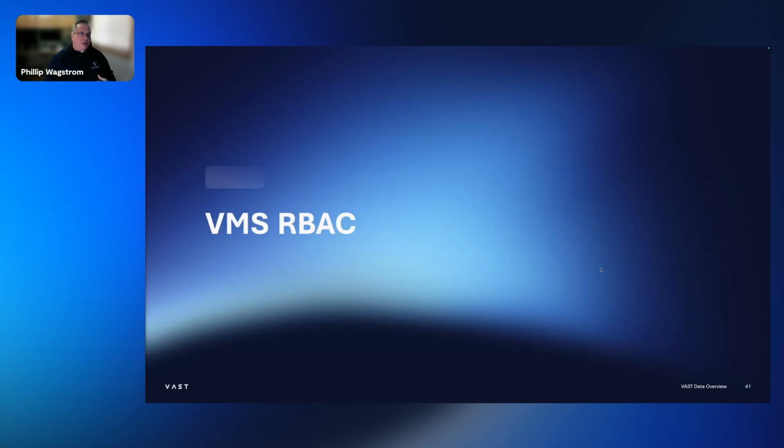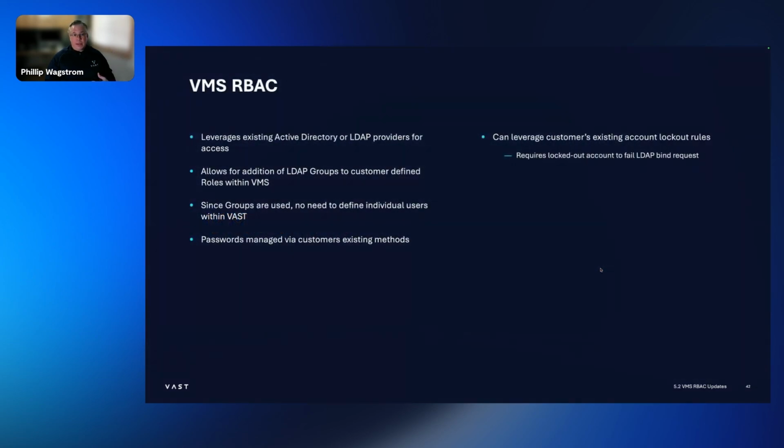So let's move on here. Let's talk about VMS RBAC. As I mentioned before, there is a variable that can be set, because we may want to leverage our existing infrastructure, be it Active Directory or OpenLDAP, to allow access to VMS to do administration